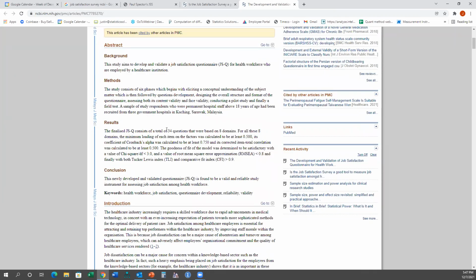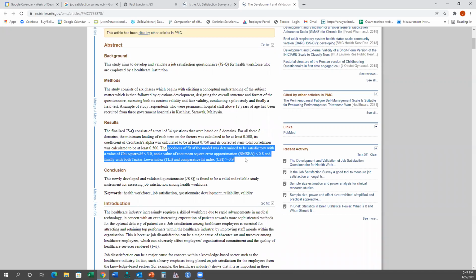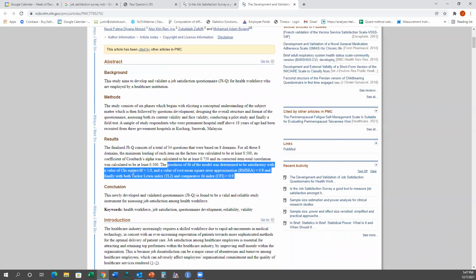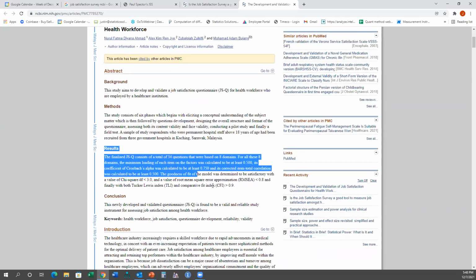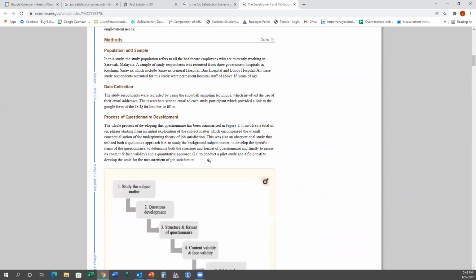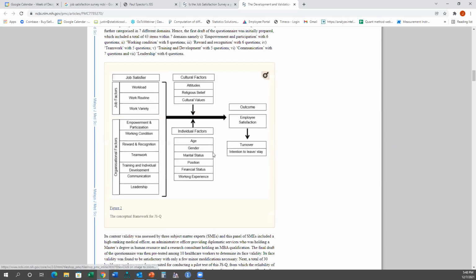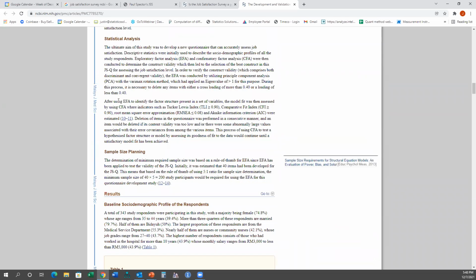The JSQ has a total of 34 questions. The Cronbach alpha for reliability was calculated to be at least 0.75. Goodness of fit, this is for construct validity. And this is just the abstract. As you go down below, you'll find more detailed information about the EFA and the CFA that were used for construct validity,